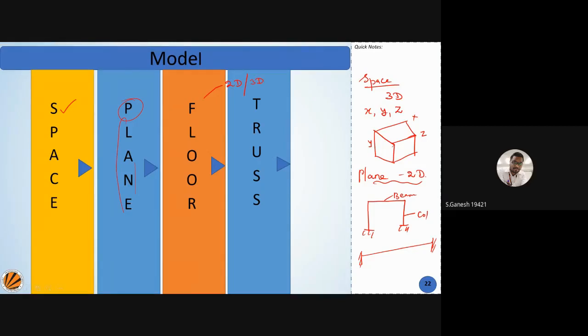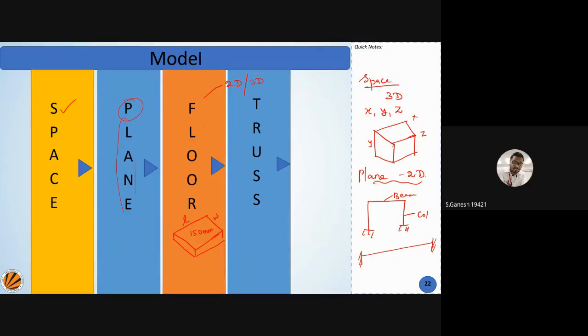So what is that? Floor means when you draw a certain shape, length and width, this makes a floor. This is my floor area. Now when I say floor thickness, I add a thickness, say 150 mm, a slab thickness of 150 mm. What happened? I project a small element, and now it becomes a 3D element.